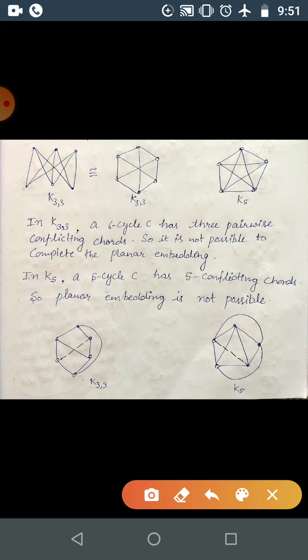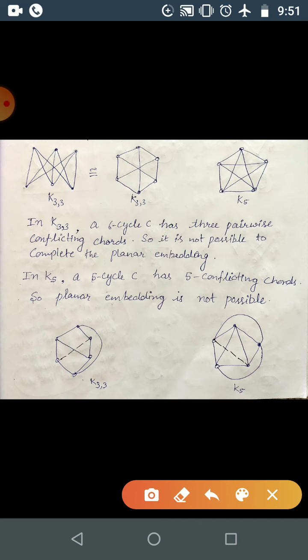pairwise conflicting chords. Okay, and if we are able to manage two chords, then the third is left, and that will cross one of these two anyway. That's why we cannot draw this one. So now you got the answer for that gas, electricity, water problem. That will be a big no. They have to confront, that is, these enemies A, B, C, how to confront at some place, correct?